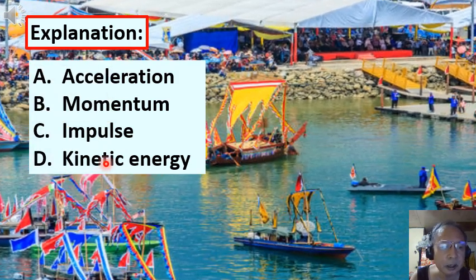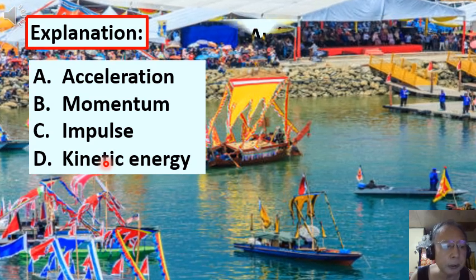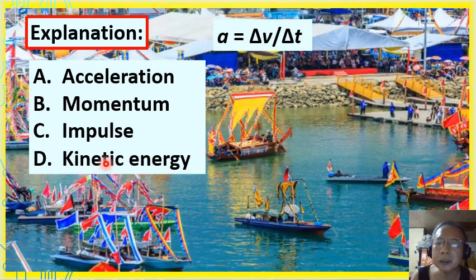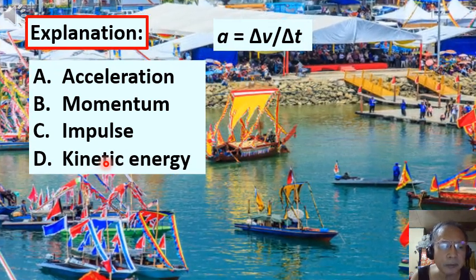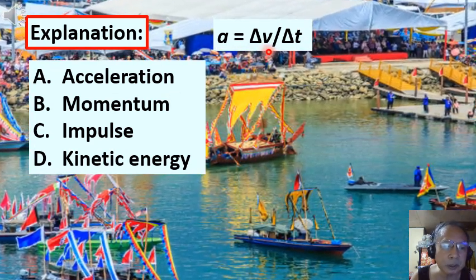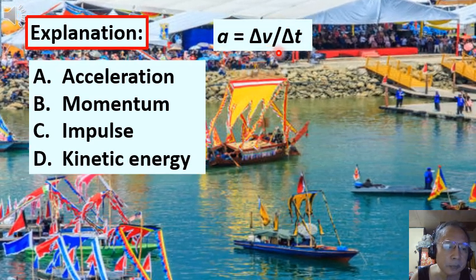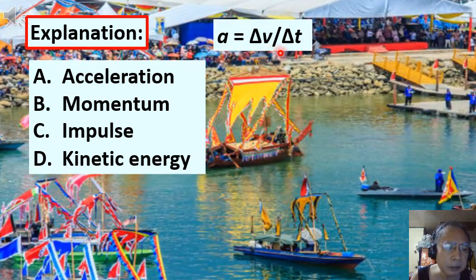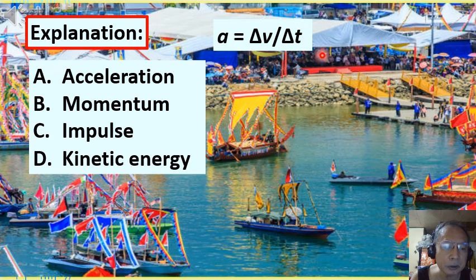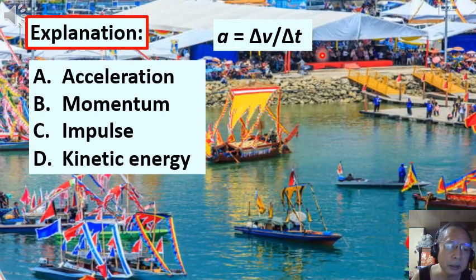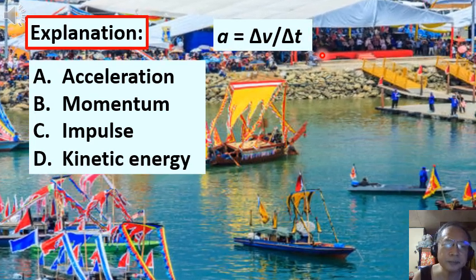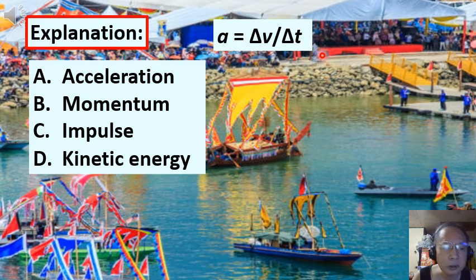Acceleration is defined as a change in velocity over a change in time. There is change in velocity delta v if the magnitude of the velocity increases or decreases with no change in direction. There's also change in velocity if only the direction changes without a change in the magnitude of the velocity, and if both the direction and the magnitude of the velocity changes. However,